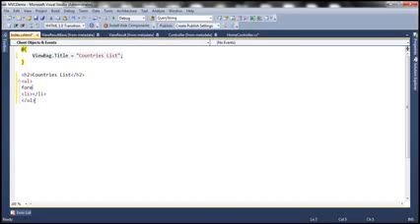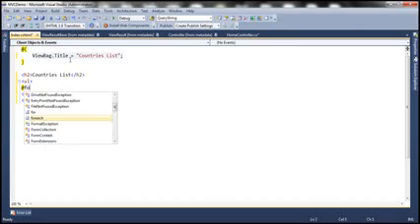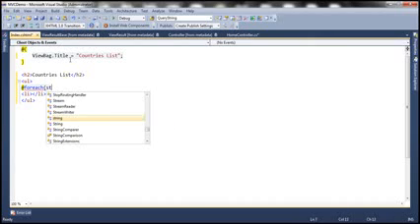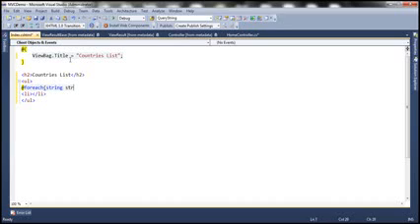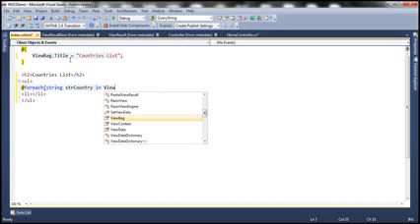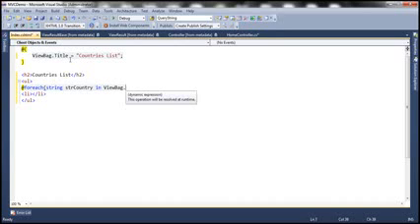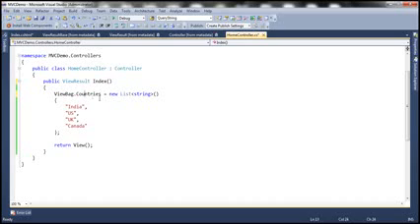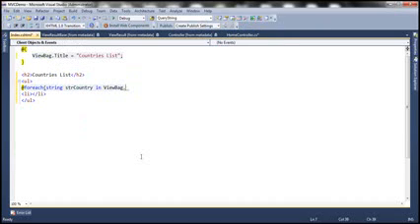Now I have some HTML here, but I also need to write some C# code. So how do I switch between C# and HTML? I use the symbol @ in Razor. Okay, so now when I type foreach, look at that, I get IntelliSense as well. foreach string str, let's call this variable country, in, where is our list of countries present? It's present in the ViewBag object. And what is the property that we have used to store those countries? It's the Countries property. So let's copy the property